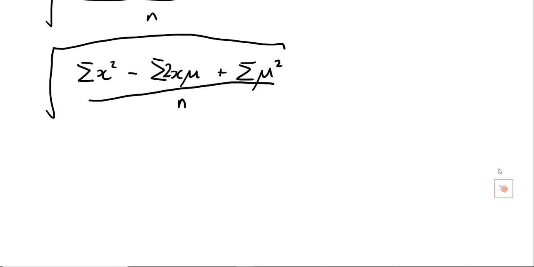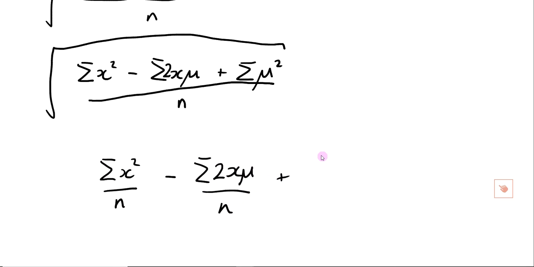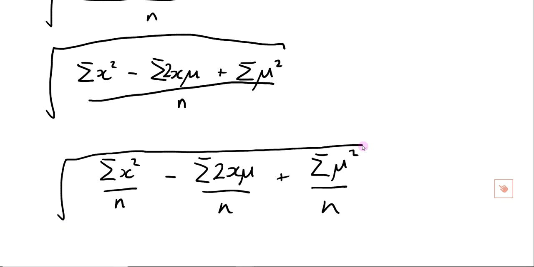split the fractions up. So this is like having 3 fractions added together. So we've got the sum of x squared over n minus the sum of 2x mu over n plus the sum of mu squared over n, still square root. So we're just following their examples. You all happy enough with all that so far? Okay. That's where I got stuck a little. Okay, so then it says